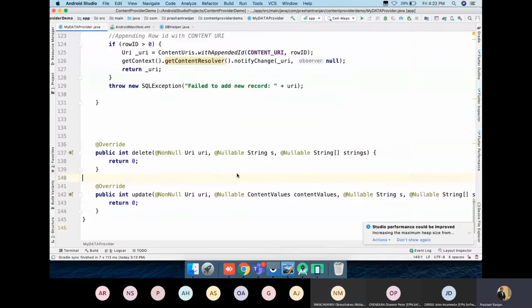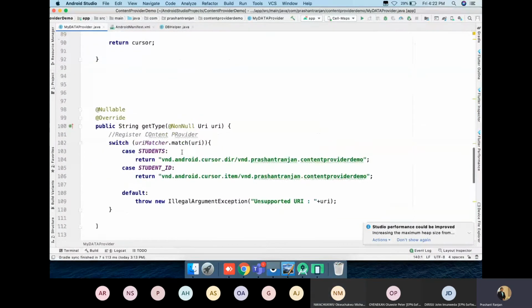No problem. Let me give you another definition regarding that. Do you know about the MIME type? In a web application, we write text slash HTML, text slash CSS, text slash JavaScript. So this is like the MIME type of your content provider. It is fixed, like this is cursor.dir. It means you are going to work with a content provider where this particular content provider URL is attached. It's just a MIME type of the content provider style.